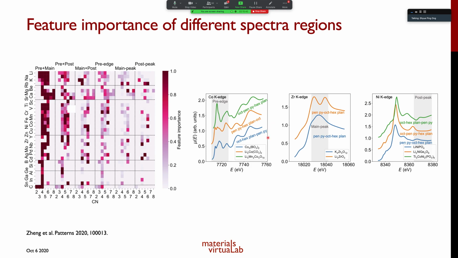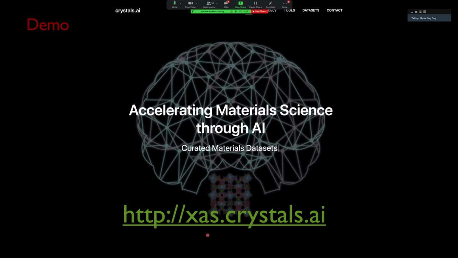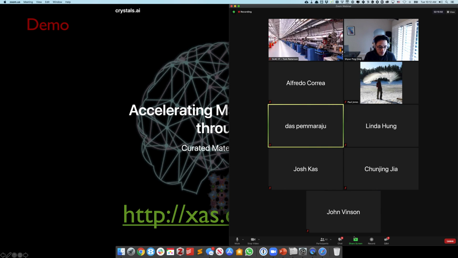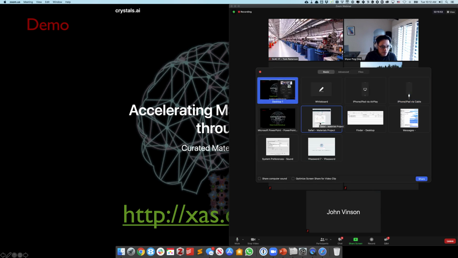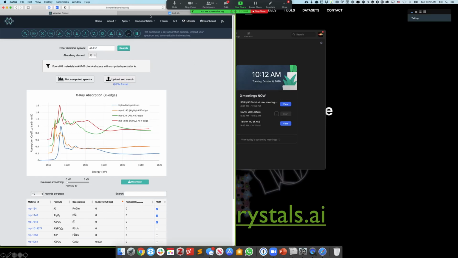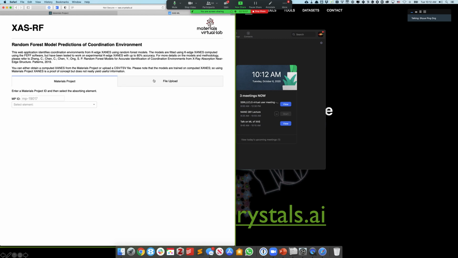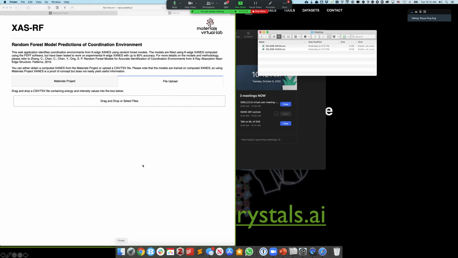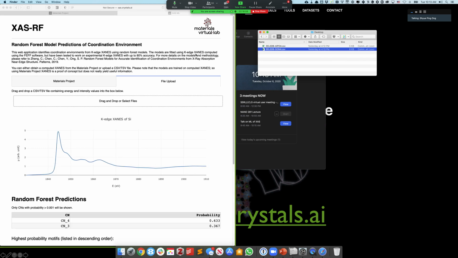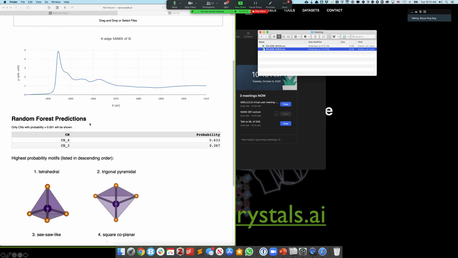I just want to do a quick demo. This is the website in which you can access this tool, which we call XAS ML. Let me choose an example, which is my silicon nitride XANES, of silicon in silicon nitride,